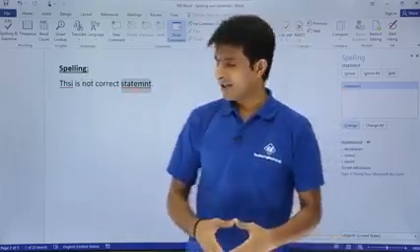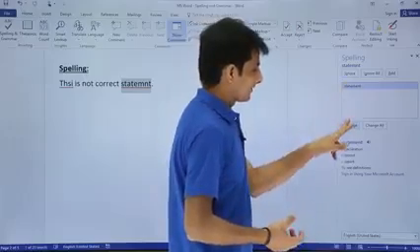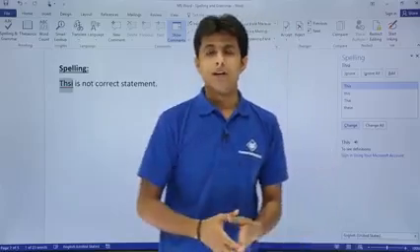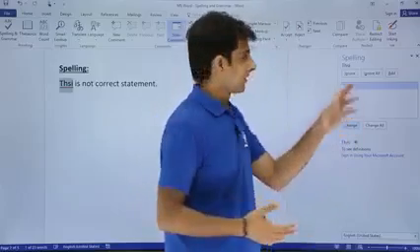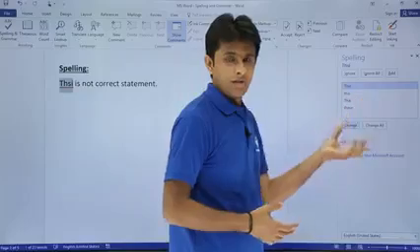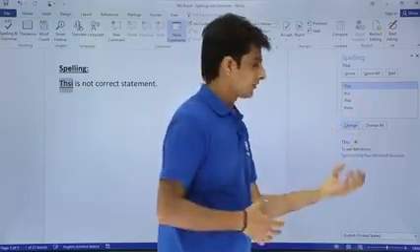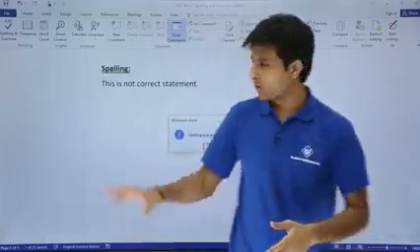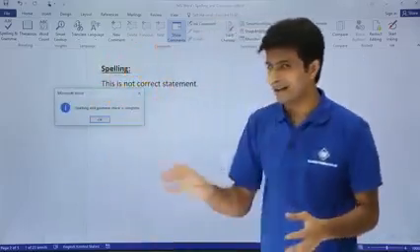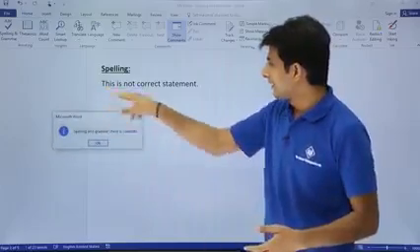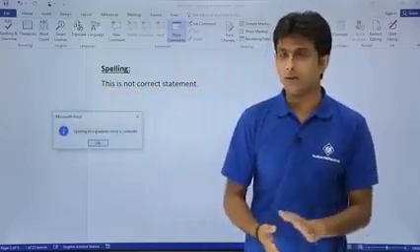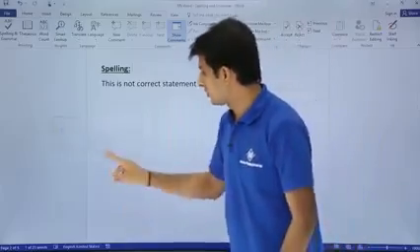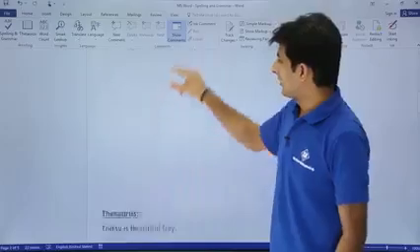The third one, it says the spelling of statement is something wrong. So it selects statement and I click on statement. And the last one, it says THSI, and suppose I want to accept that, I can just click on ignore or ignore all. Or if I want to select everything and accept all, I can select change all. Right now I'll click change. So this way it says, okay, the spelling is corrected and it gave me a proper sentence. The underline which was given there has been removed now. So it says all the spelling and grammar check is complete. So now your document is done properly. So this is how spelling works, right?